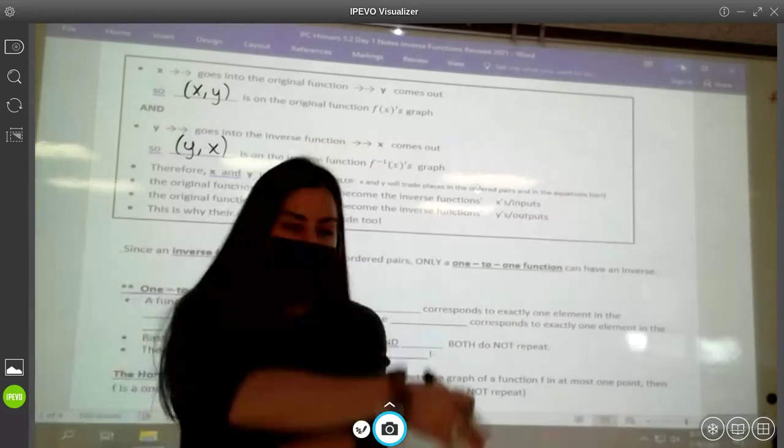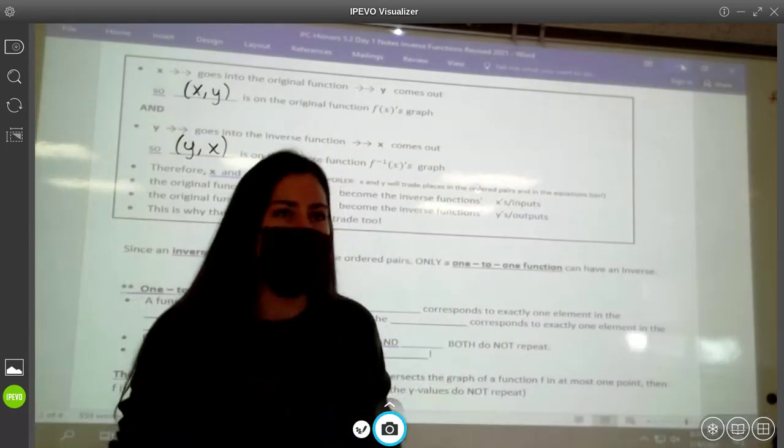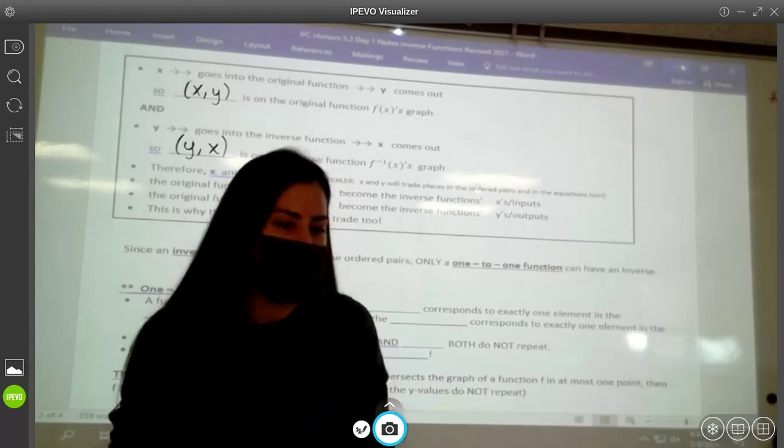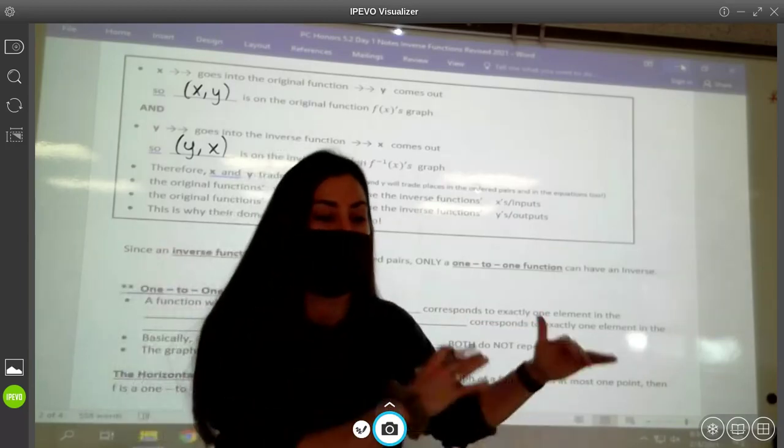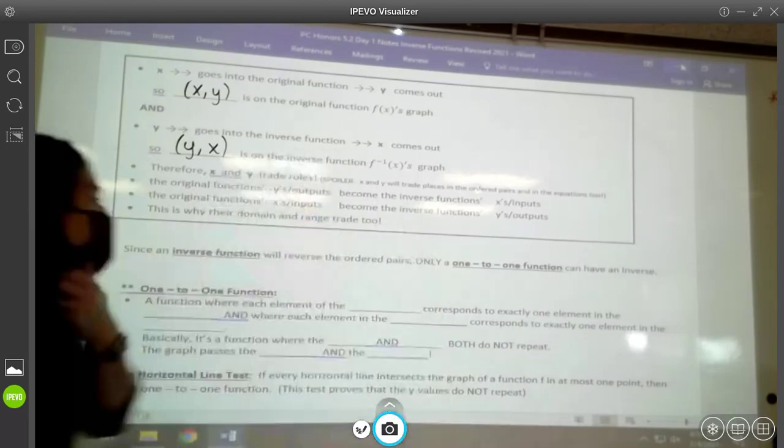If we go to switch the ordered pairs, you want to make sure that the y's didn't repeat either. Otherwise, if the y's repeat, the inverse won't act like a function. And I'll explain that in a minute. All right, so